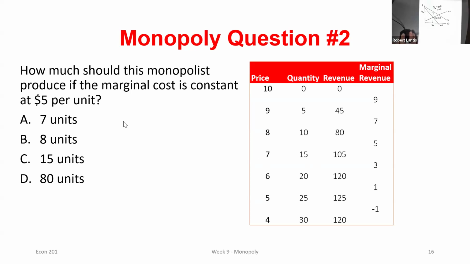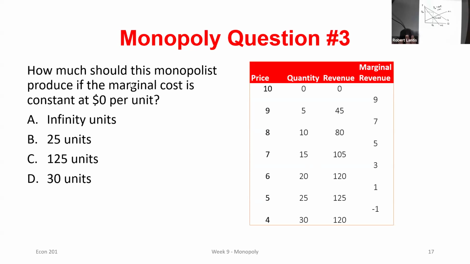All right. And then here's a tricky one, but it is another example of something I said earlier. What if we had 0 marginal costs? Should I just produce as many as possible? Well, if I'm trying to maximize my profits, no, because I can't just continue to produce as many as possible, even if the costs are 0. Eventually I'll get to a point where people aren't willing to pay the price I'm setting, or if they are, it's going to be on that portion of my demand curve that's inelastic, and total revenues will be going down. So even if my total costs are 0, I don't want to be at a point where I start to